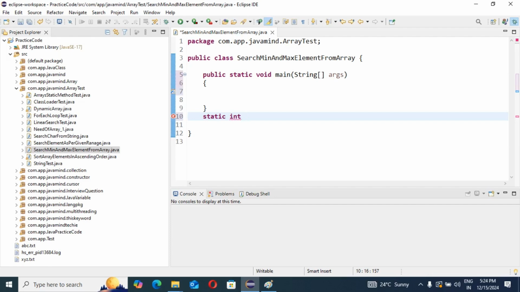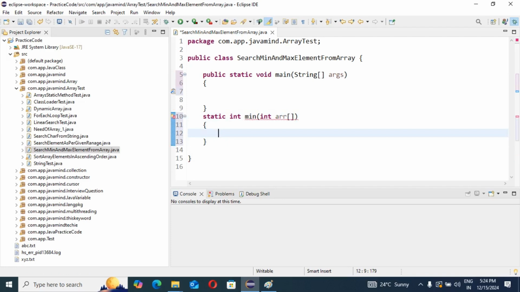A static int, this time I am writing minimum. I will take one input, that is an int array arr, in which we are going to add our logic.